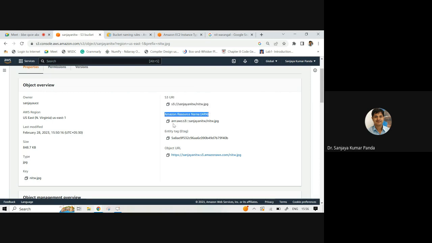Amazon Resource Names always start with ARN. ARN is the acronym for Amazon Resource Name, colon aws, colon s3, triple colon. Then after the triple colon, you have the bucket name slash your object name. Right? Bucket name is Sanjay NITW and your object name is nitw.jpg.